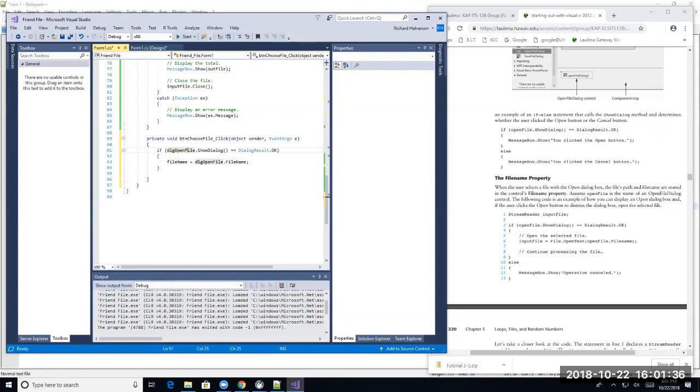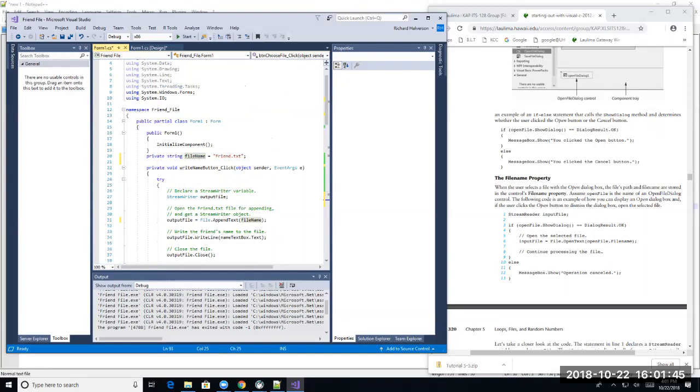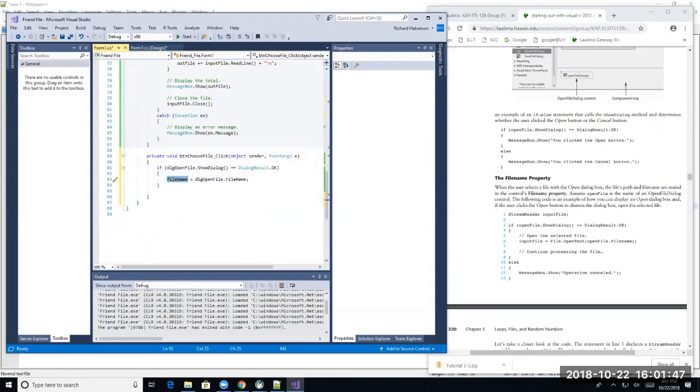So this is going to show the dialog box, and if it comes back okay, it'll execute this. It'll change the file name, that's this fileName, to whatever it came back with. Otherwise,